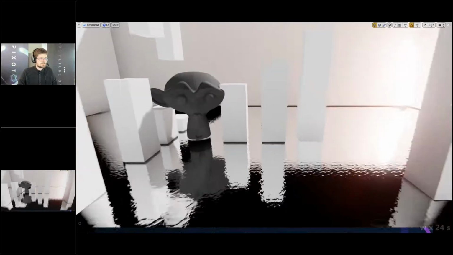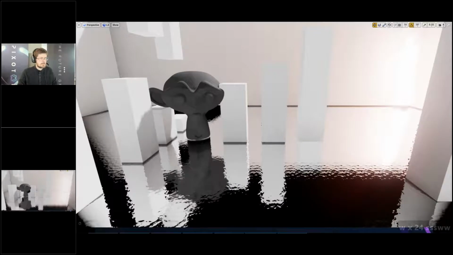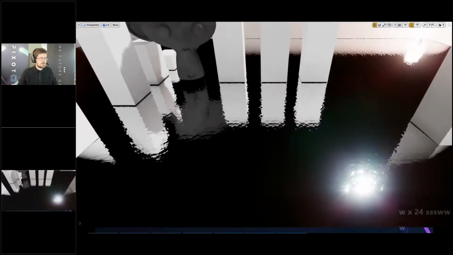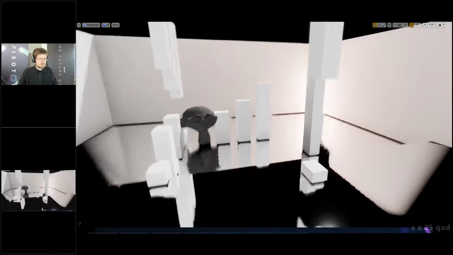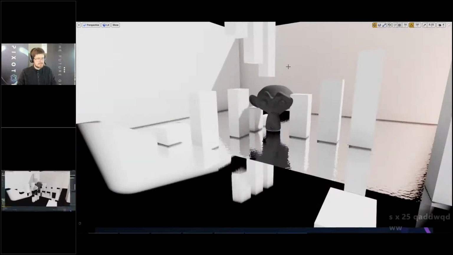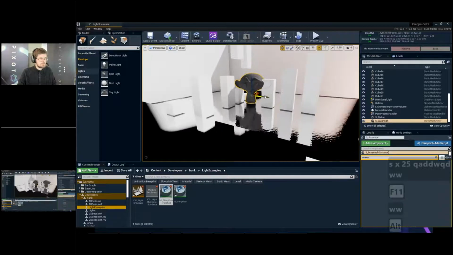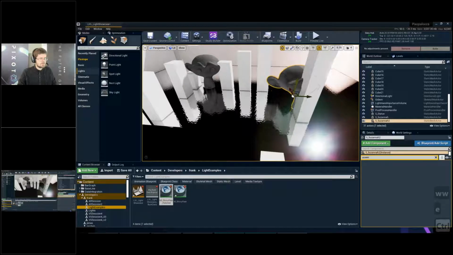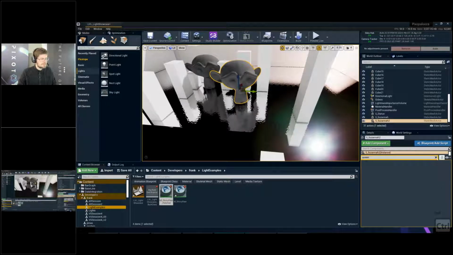Same with these pillars. As we tilt down and start eroding these pillars, the reflection also goes away. Now, this doesn't have to be the end of the world. Screen space reflections is meant to be this rough approximation. And if these geometries were a lot less planar than this perfect mirror surface of the floor is,